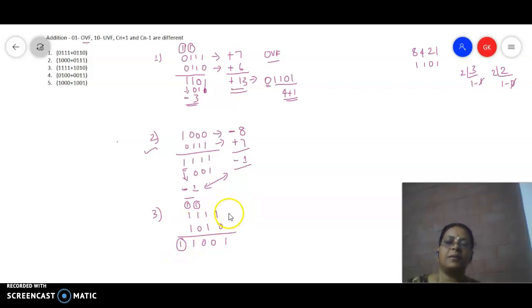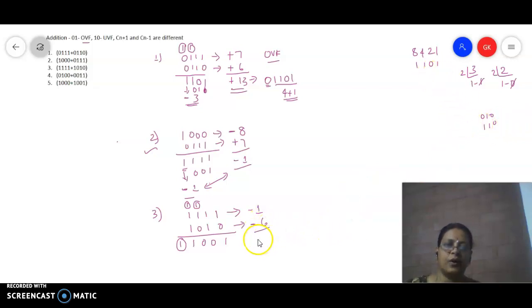So now how will you interpret the answer here? So 1,111 is nothing but minus 1. So you have identified it as minus 1. Here it is 1. So it means it is a negative number. So 010. So what is the 2's complement of 010? 010. So 011. So this is nothing but 6. Okay. 1 0 1 then 1. Okay, this is nothing but 0 6. So it is minus 6.